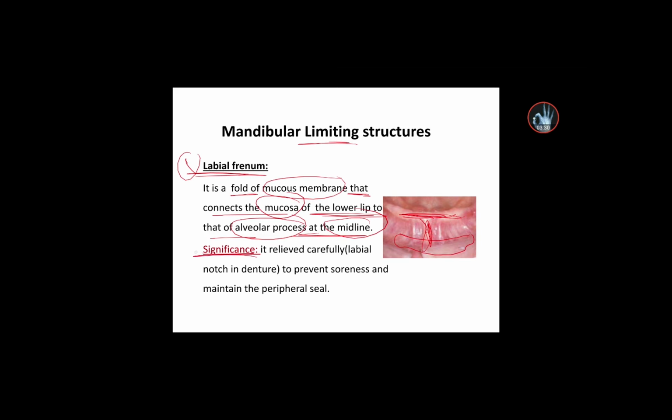So the significance، أهمية اللابيال فرينوم، it's relieved carefully، يعني لازم يكون فيها نوتش كذا، اوكي، في الطقم، so it does not cause soreness بمعنى يعني احمرار أو ورم أو شيء زي كذا. Okay, so the labial notch on the denture prevents the soreness as we said, and maintains the peripheral seals،